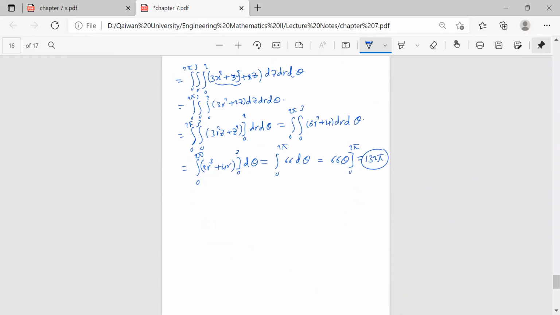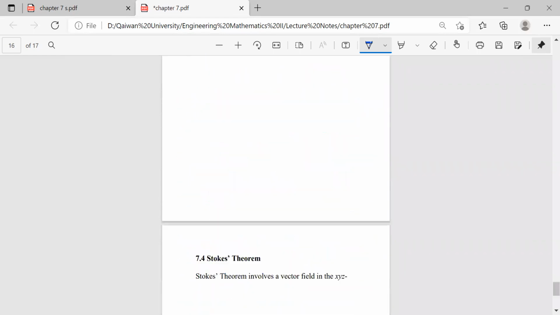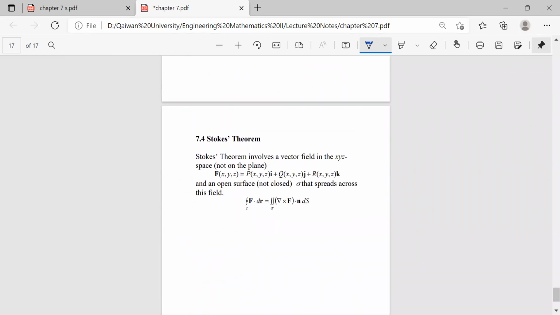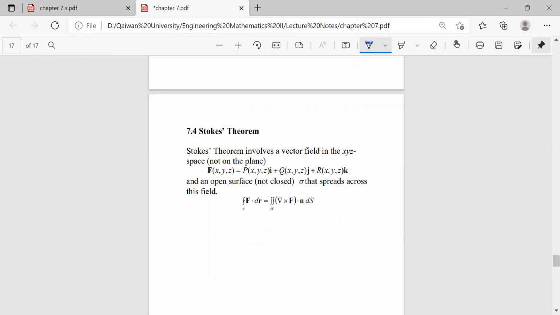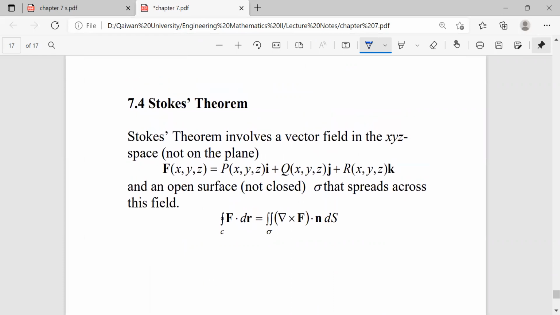Just a moment. Yeah, this is the result. And here at Stokes theorem, we have no examples about Stokes theorem. We just have the rule. It's similar to the previous one. When it says use Stokes theorem,